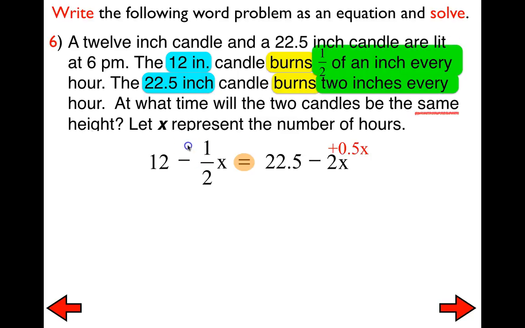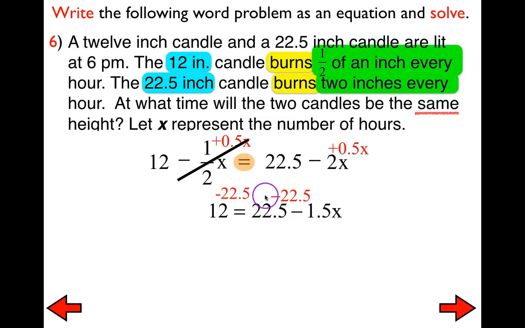So here I'm going to add 1/2 X to both sides. Notice I did turn the fraction 1/2 into a decimal because I figured it would be easier to do that here. I'm left with 12 equals 22.5 minus 1.5X. Here I'm going to go ahead and get rid of my constant by subtracting 22.5 from both sides, leaving me with negative 10.5 equals negative 1 5/10 X. Last but not least, get rid of the coefficient by dividing both sides by negative 1.5. And I'm left with